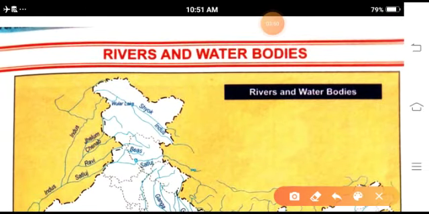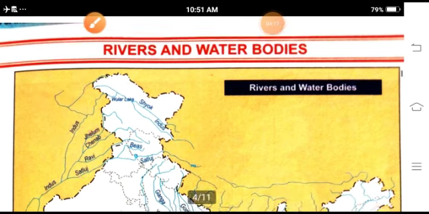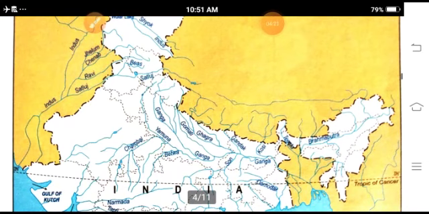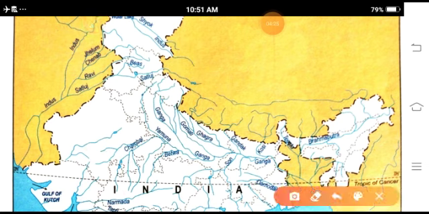Rivers and water bodies, especially some of the rivers of the north western side which are in your course: the Indus, which lies in the north west of India, and its tributaries like Jhelum and Satluj. Now the rivers of the north eastern side: first Yamuna, second Ganga, third Gomti, fourth Ghagra, and fifth the Brahmaputra, which comes from China.